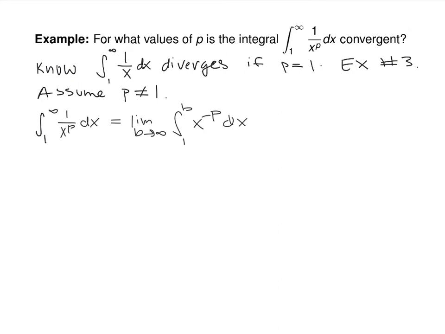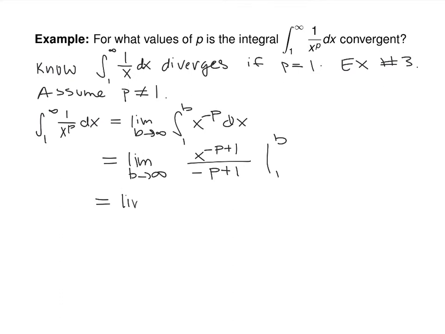Then we can apply our power rule. So this will be the limit as b goes to infinity of x to the negative p plus 1 over negative p plus 1, from 1 to b, which will be the same thing as